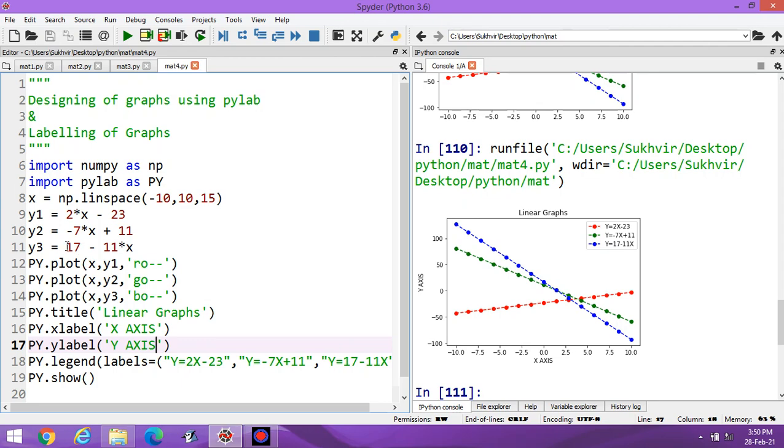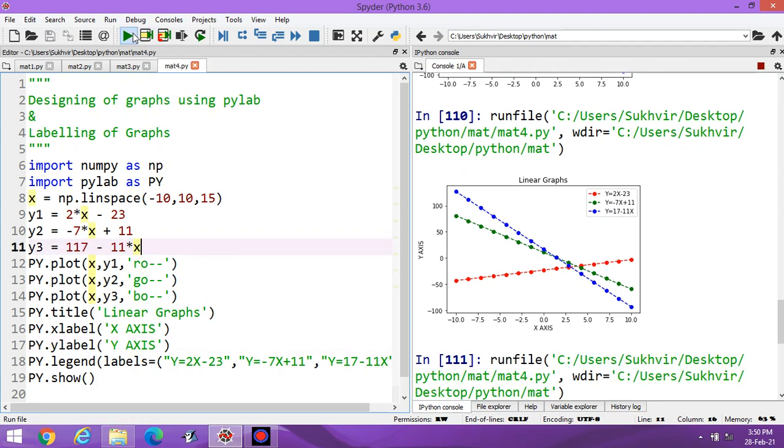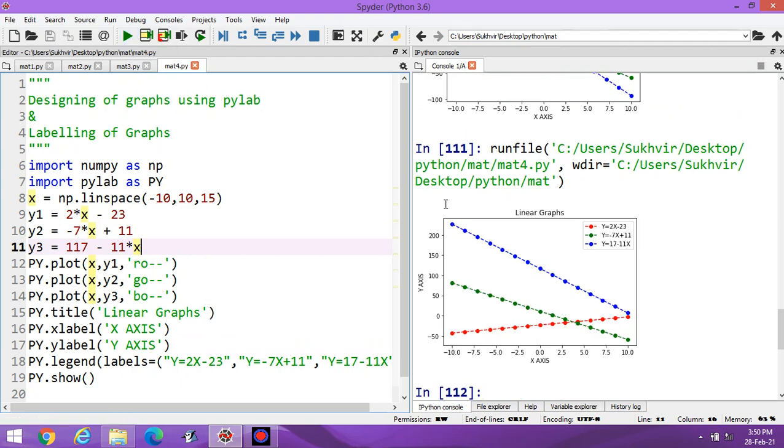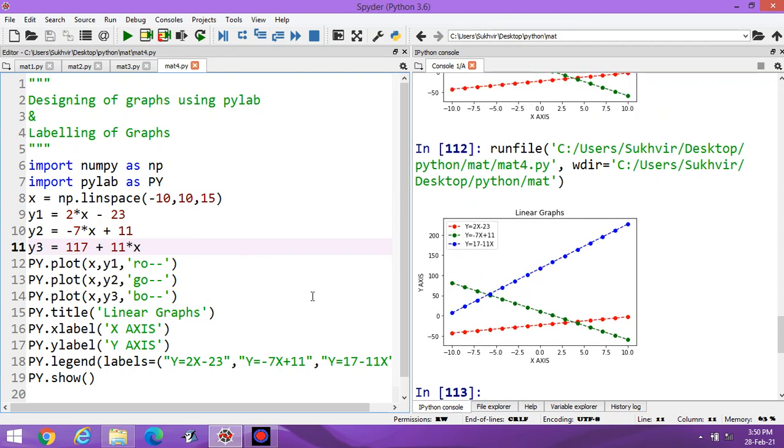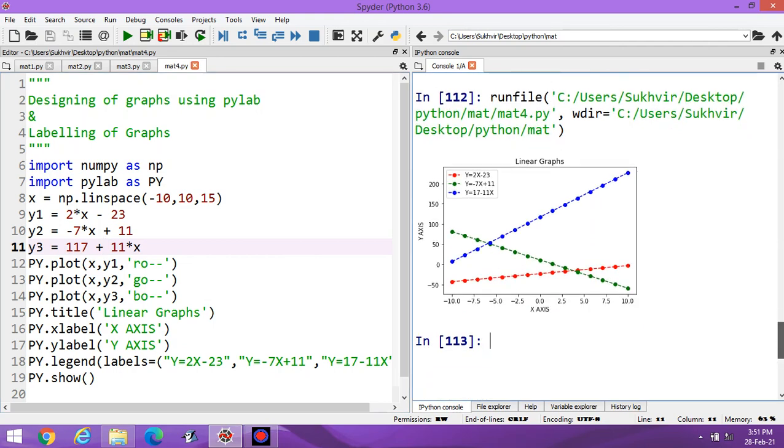If I am changing this content, you can change the graph accordingly. You can change the content. If I am writing plus here, you can design accordingly like this one. Automatic shifting is there. Where the place is sufficient, it will display the content.